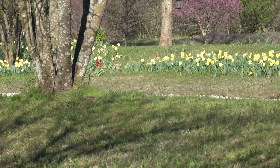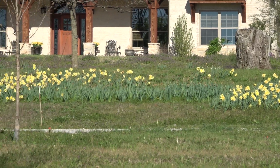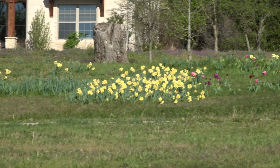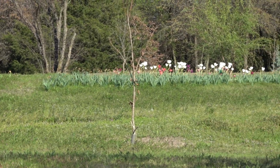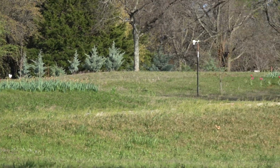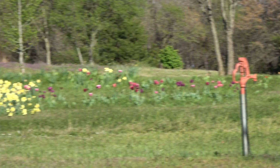All along that hill. And different ones bloomed at different times. So all those right there, they're done. And then these come up later. And she bought a bunch of tulips, about 1,000, and planted them in that bare spot right there, and not one of them came up. So she's going to be talking to them about that. So anyway,